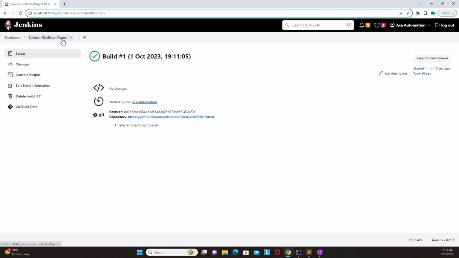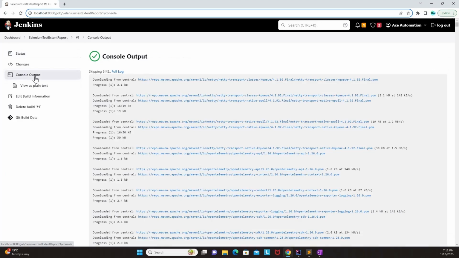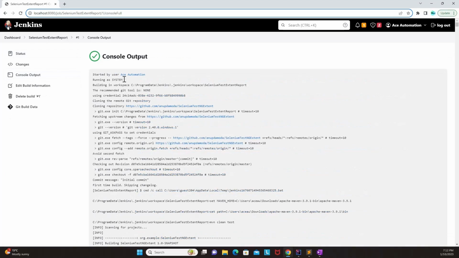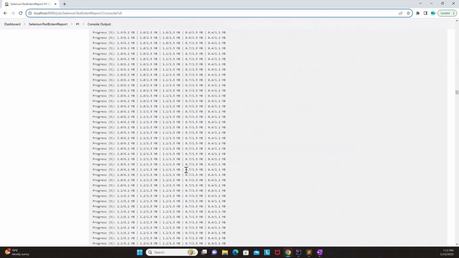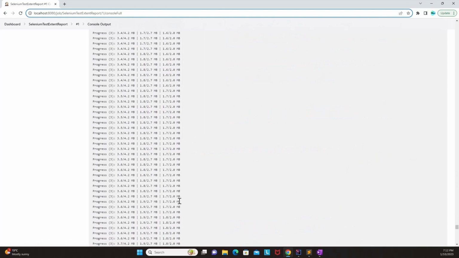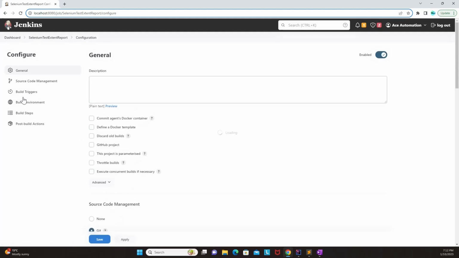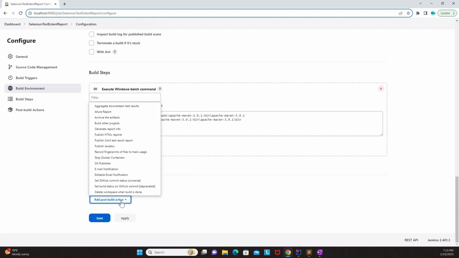One good thing is that because our build has been success, we were able to see that the full log is present, and exactly if we scroll down, the whole test has run successfully. Now we can look at the report also, which gets generated as the Spark report. I can go here in the configure of the Jenkins job. I can go for add post build action, and I can go to